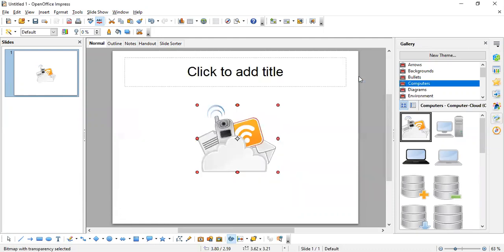Like this you can edit them. These are the different ways you can resize the image.